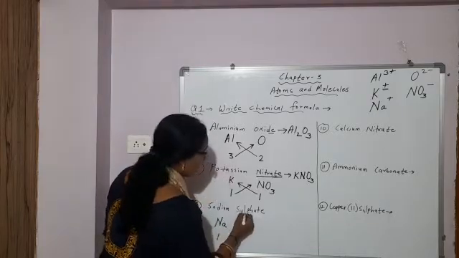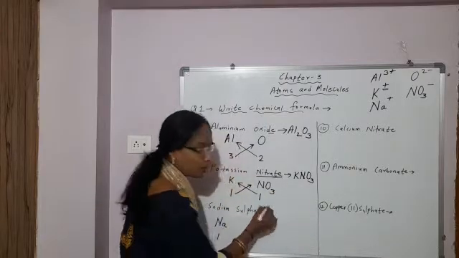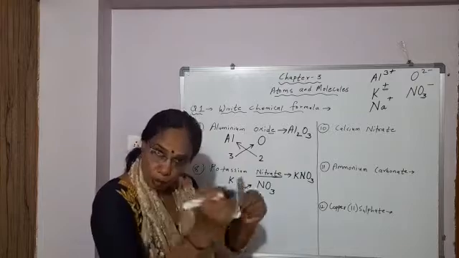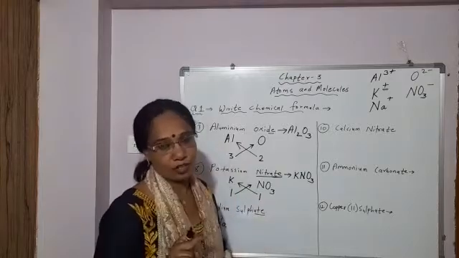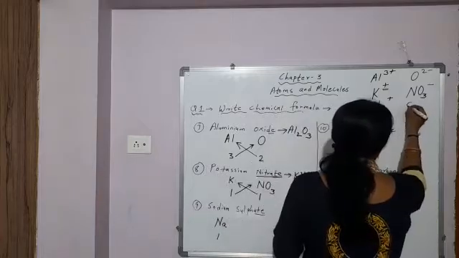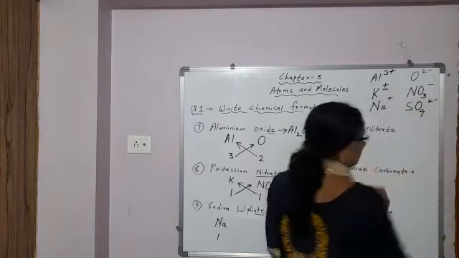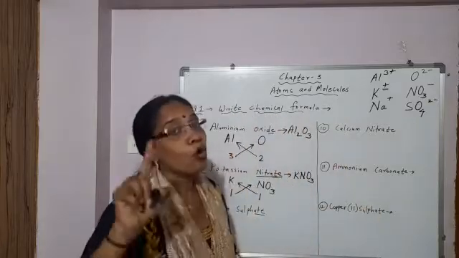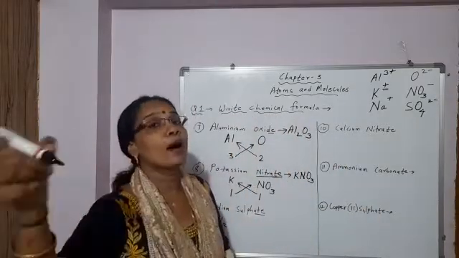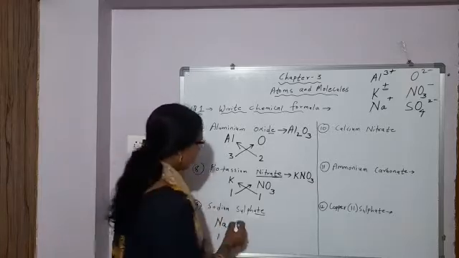1. Sulfate, again ending is ate, students. So along with sulfur, oxygen will be there. So it is a group of atoms with negative charge, polyatomic ion. So sulfate, you should remember the formula: SO4, 2 minus, capital S, capital O, 4, SO4, 2 minus. 2 minus means what is valency? 2. So sulfate.